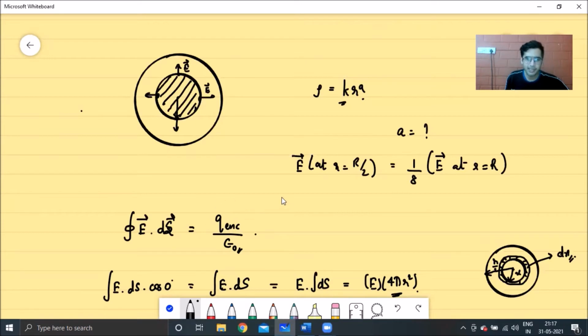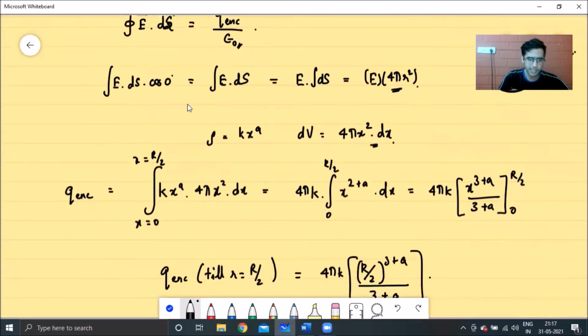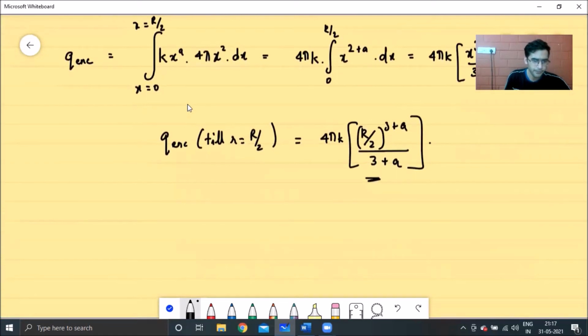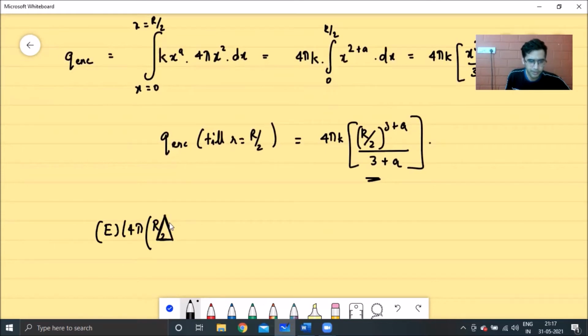So you're finding out this charge enclosed from the charge density relation which is given. You found out what is the charge enclosed in this sphere by taking the sum of charges in all the shells located inside. So ultimately, now writing down your Gauss law expression, we get E into 4 pi r squared. What's your r value over here? The r value is r by 2. So E into 4, because that was a shell of radius r by 2 which we have taken.